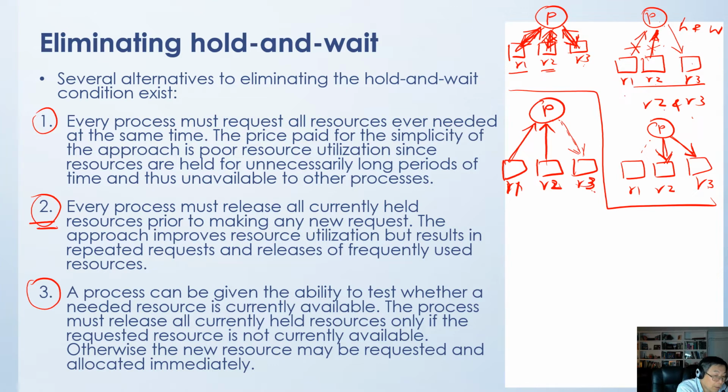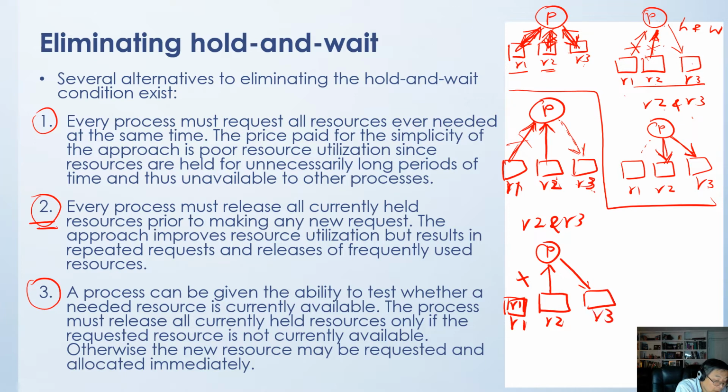So for example, like the second case, the process is holding R1 and R2, then the process makes a request for R2 and R3 to complete the job. As I said, it cannot just make the request directly, but it allows you to test R3. Now, if R3 is available, then the process is allowed to release R1, continue to hold R2, and then request R3. Because you already tested the availability of R3, R3 is available. So that's the reason why the process is allowed to release R1 and request R3 and immediately get R3. Okay, so that's an improvement